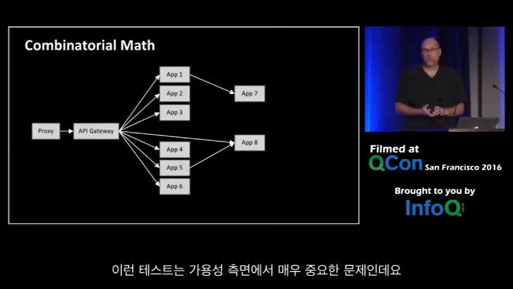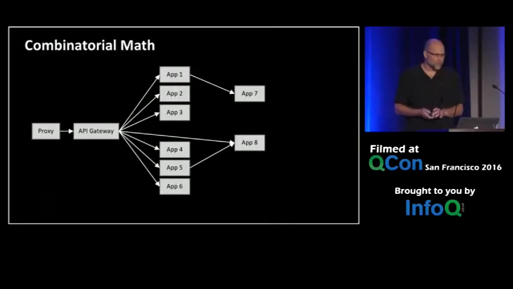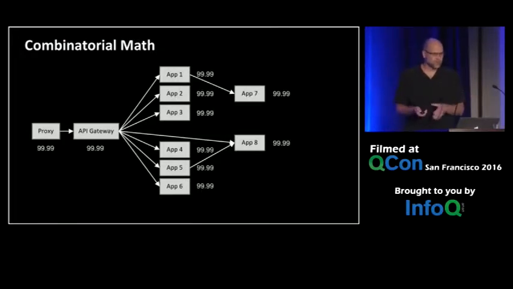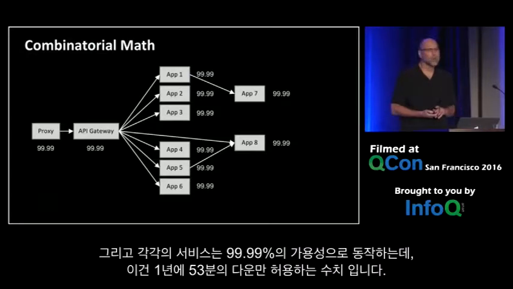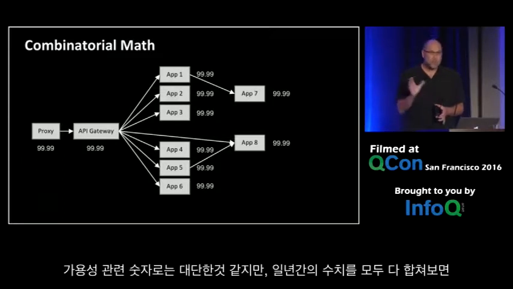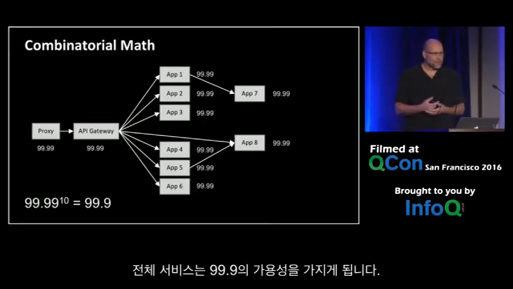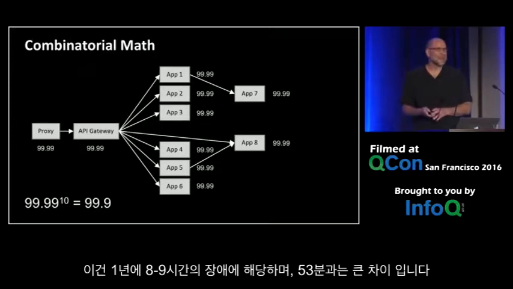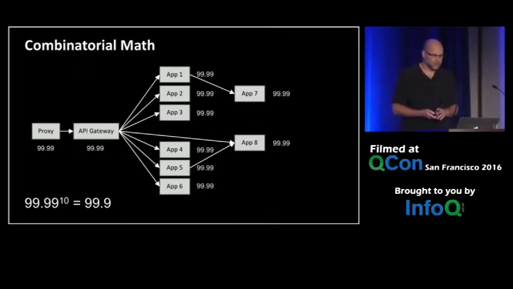This is even more important when you think about it from an availability perspective. Imagine you've only got 10 services in your entire microservice infrastructure, and each one of them is up for 4 nines of availability. That gives you 53 minutes a year that that service can be down. Now that's great as an availability number, but when you combine them, all the aggregate failures that would have happened throughout that year, you actually will end up with 3 nines of availability for your overall service. And that's somewhere in the ballpark of between 8 and 9 hours a year, a big difference.